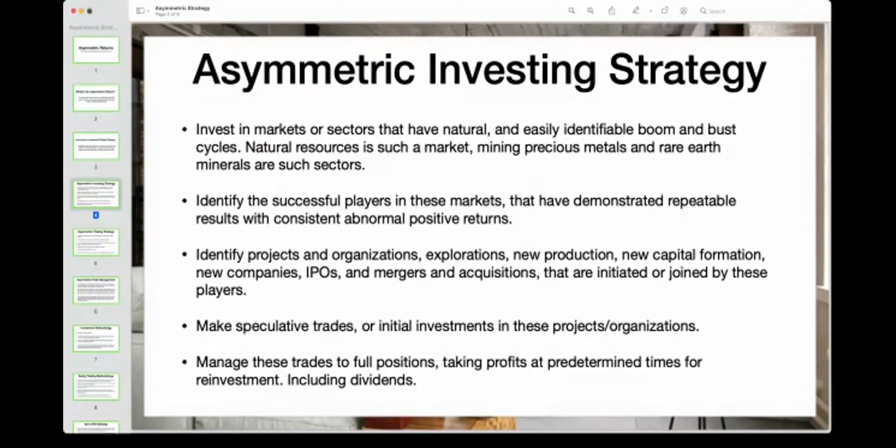Now, natural resources is just such a market. For example, mining, precious metals, and rare earth minerals are all part of the sectors within there. And we do have other markets that we look at. Well, actually one market so far besides these. Well, actually two. There's energy, and that might even encompass two different things, both rare earth metals and also other commodities like oil. But uranium is what I'm really talking about. And we do have one play that's in the oil infrastructure sector too,